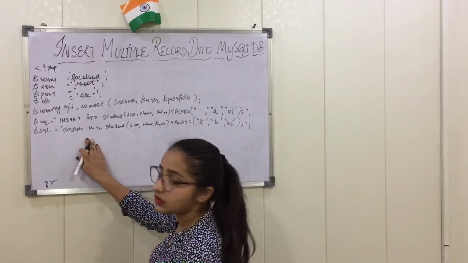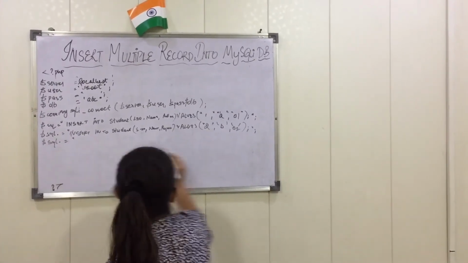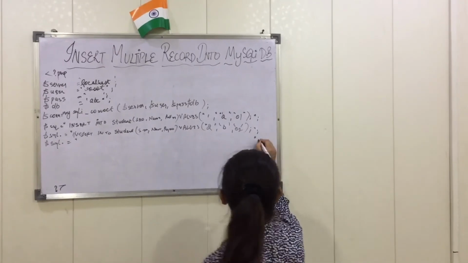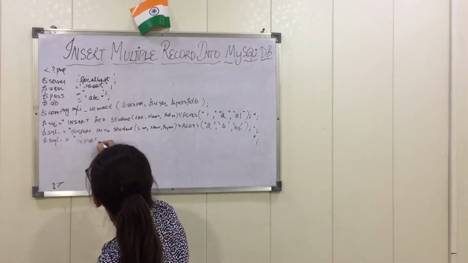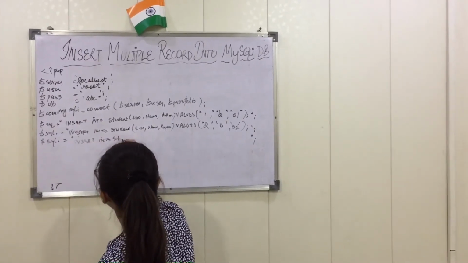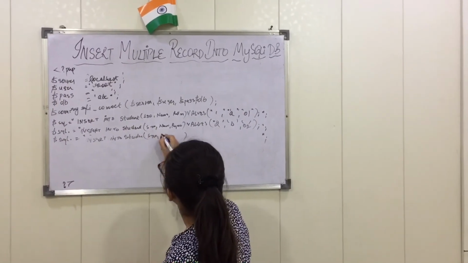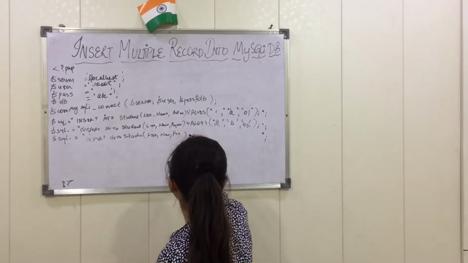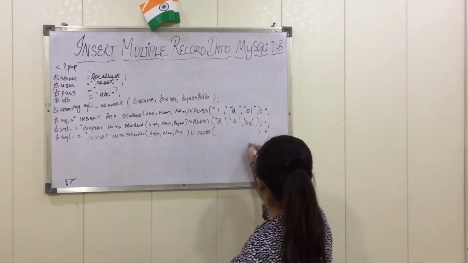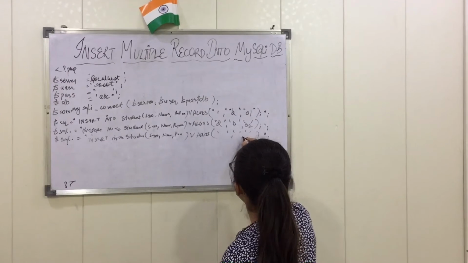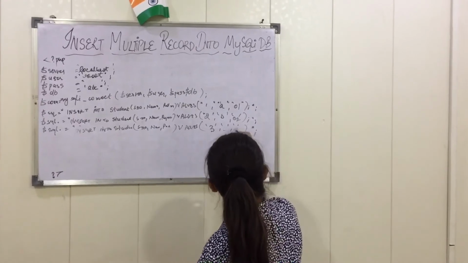After that we need another record. So we'll write again $sql concatenate and the same thing will be printed, and then a semicolon. After that insert into student and then again the columns will be the same, that is serial number, name and then roll number. After that the values would be changed. So we'll write here values and then in single quotes the values: serial number 3, the name is C and the roll number is 03.